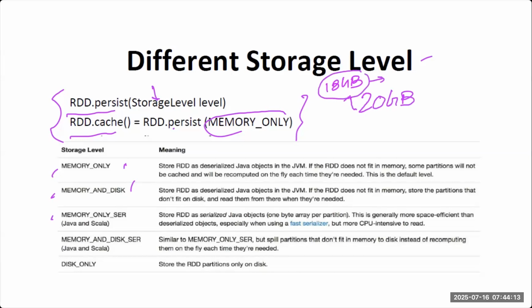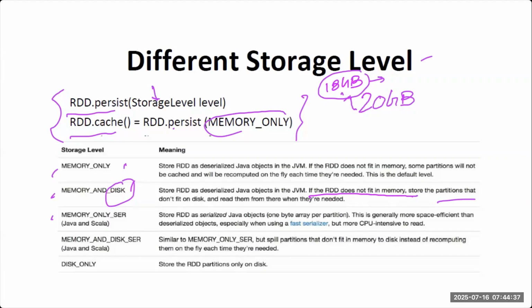Whatever data spills over, that 2 GB, will be stored onto the disk. If a partition does not fit into memory, it stores the partition that does not fit on disk and reads it from there when needed.